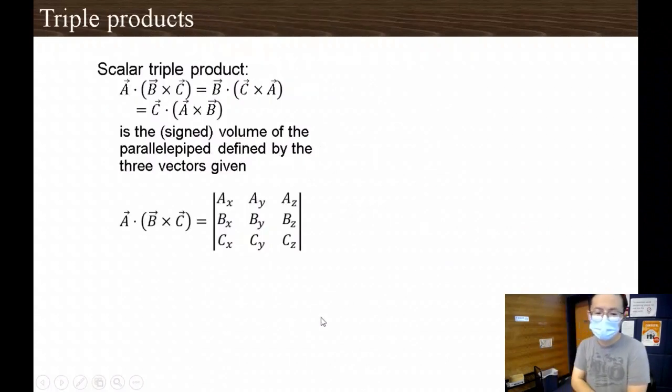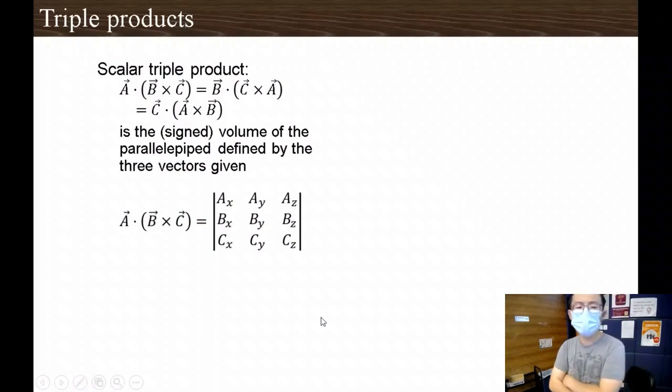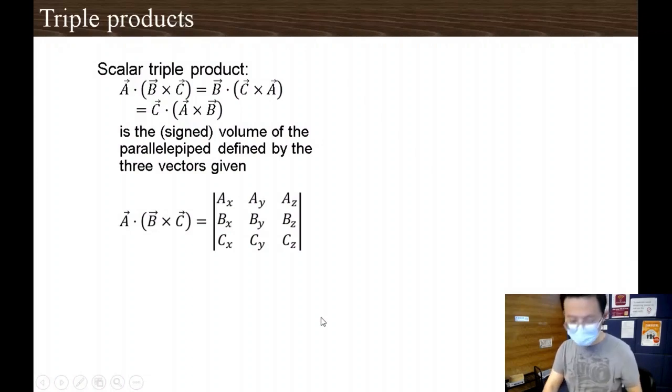Now, if we get a bit more complicated, we can combine the two, right? If we calculate B cross C and also dot A, this will actually give you a scalar, because B cross C gives you a vector and A dot a vector is a scalar. And this is actually the signed volume of this